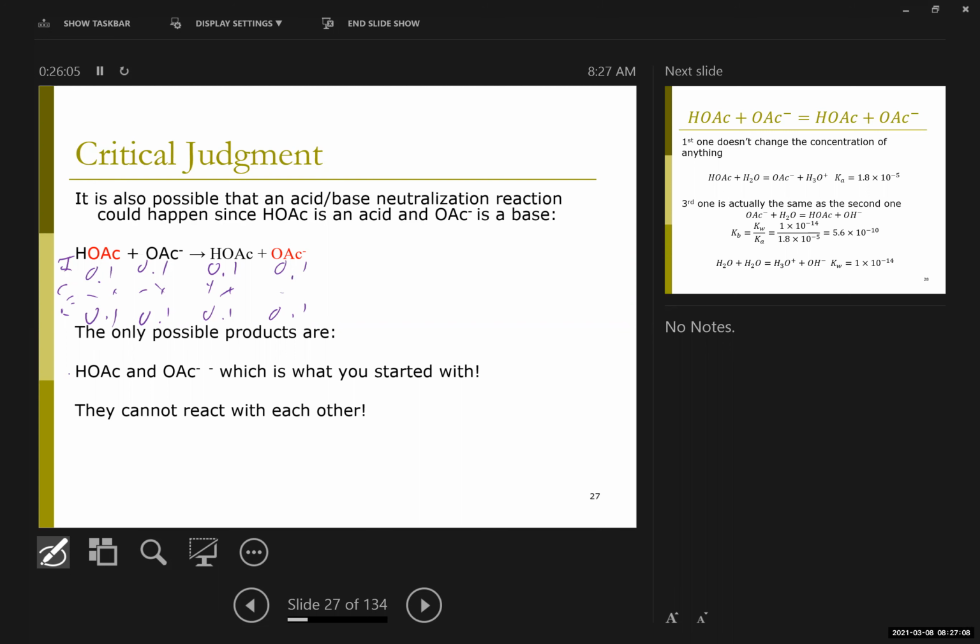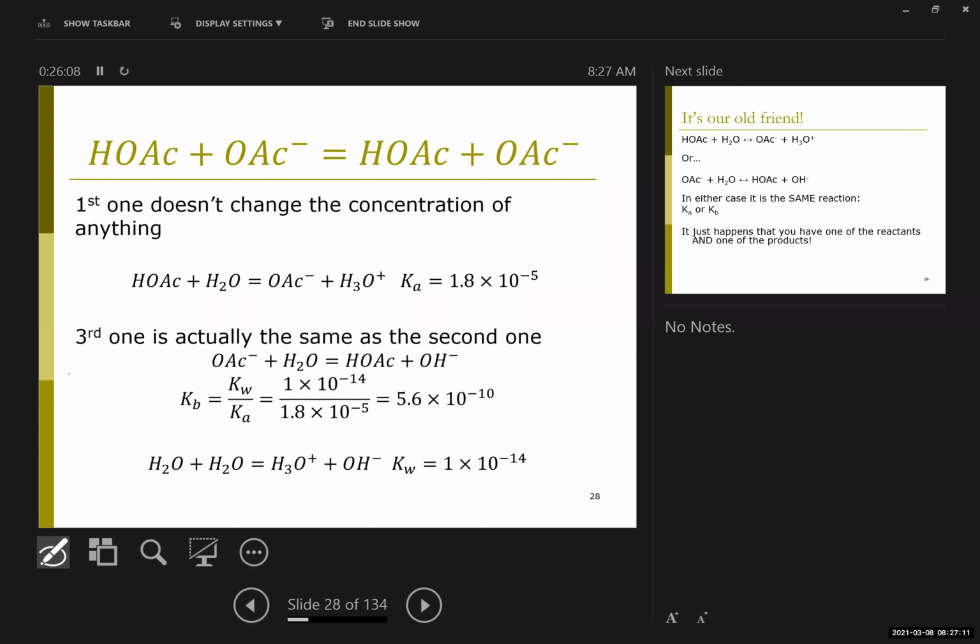And so even though that was technically the biggest reaction, it doesn't change anything. And so it's really not worth considering. This is one of many reasons why I say it's helpful to learn to think of acids and bases as being a pair of compounds, because it never changes anything for an acid or base to react with its conjugate. Which makes the first actual reaction that changes anything my old friend, the Ka of acetic acid.